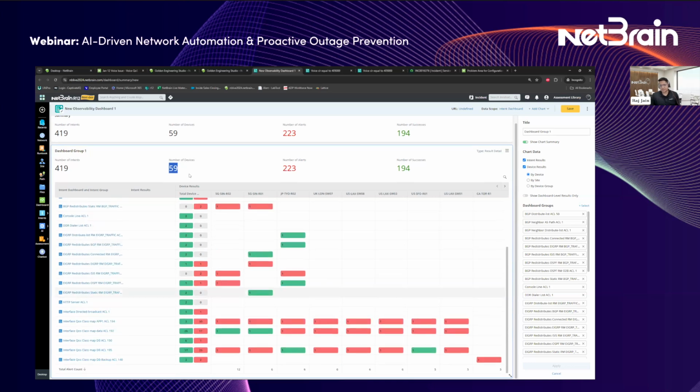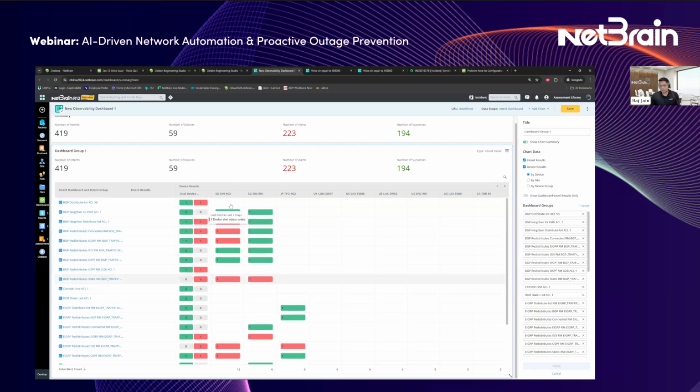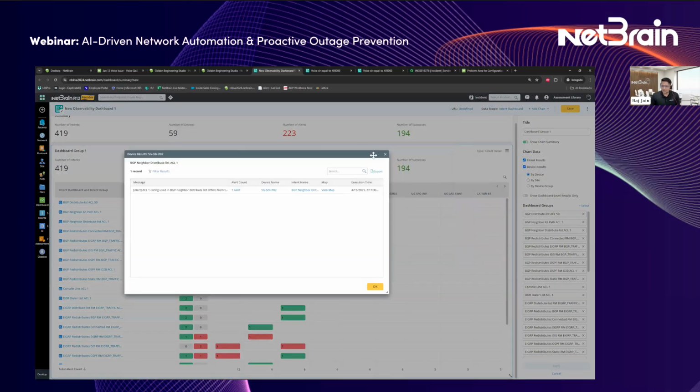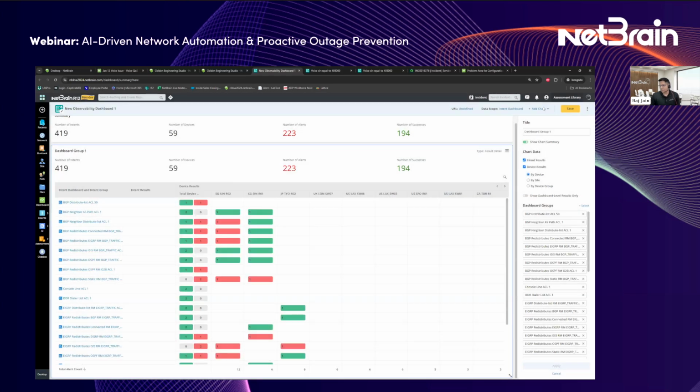But imagine if this is 5,000 or even 50,000 for that matter, you're looking at probably millions of intents that are running across your entire organization. And then you're able to go find out that, hey, looks like this is the problem. Right? And these dashboards are incredible. They're very easy to use. I can select them. It tells me exactly what the problem is. It's going to take me there. And you can always, of course, add more details to it.